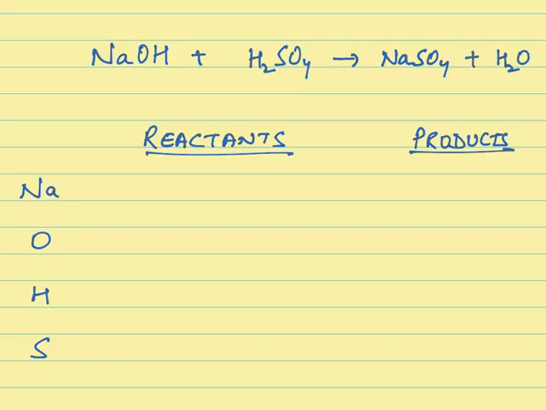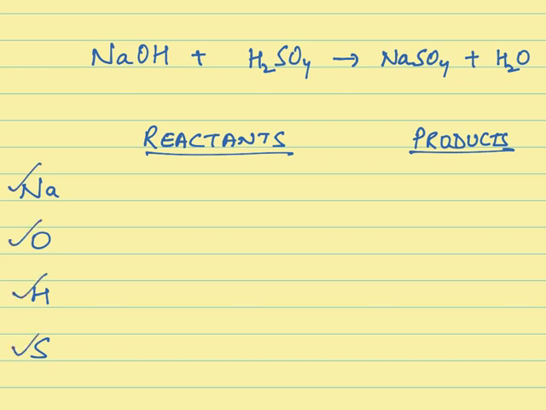Let's balance this unbalanced equation using the hit and trial method. The first step in the hit and trial method is to list all the elements that are participating in the reaction. I have already written those elements, and these elements are sodium, oxygen, hydrogen and